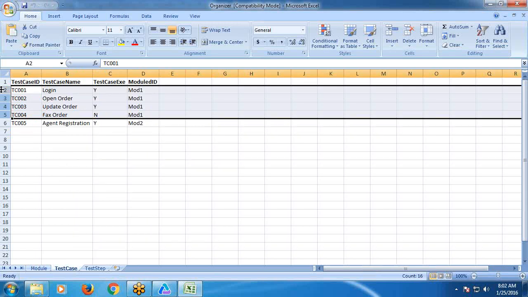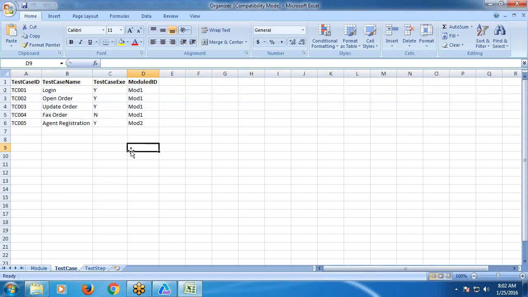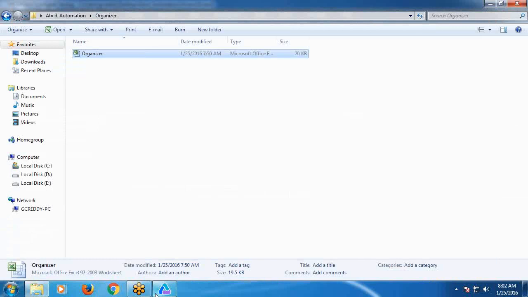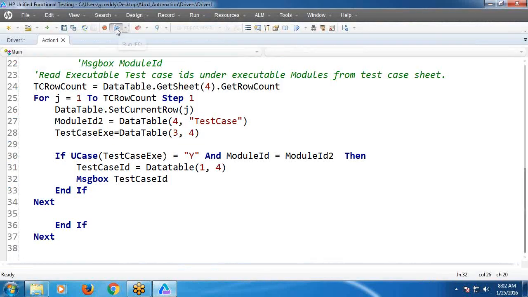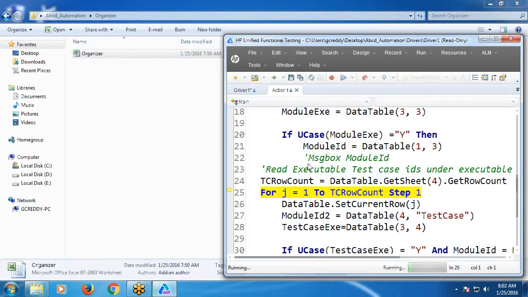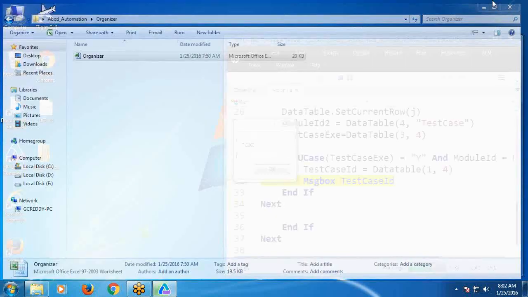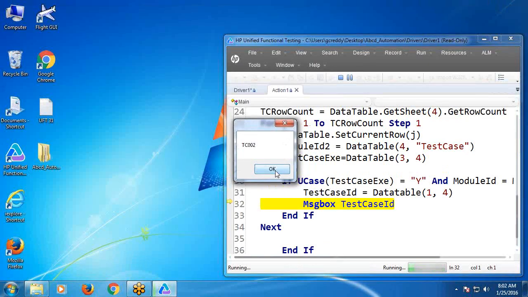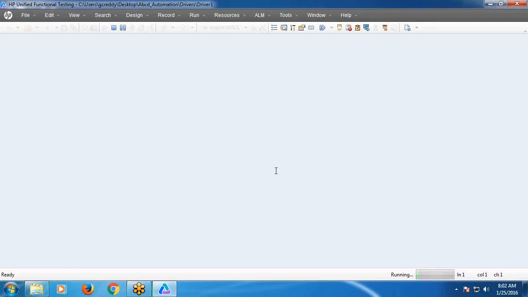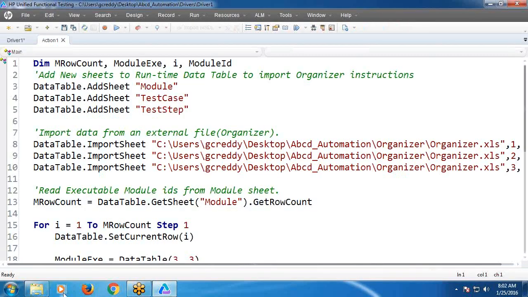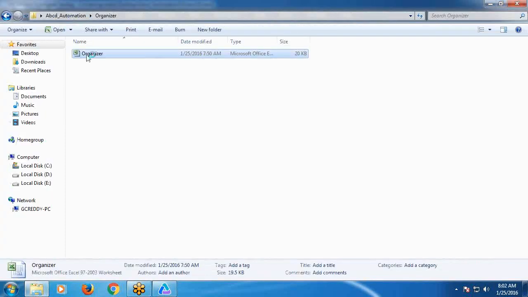The first 3 will be executing, sir. Yes. Test case 1, 2, 3. Run the script. TC001, TC002, TC003. Over. Just a minute. For example,